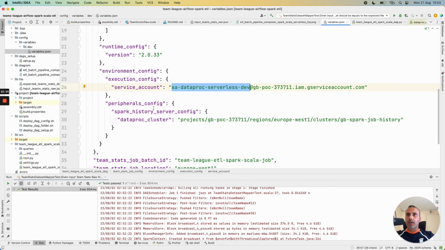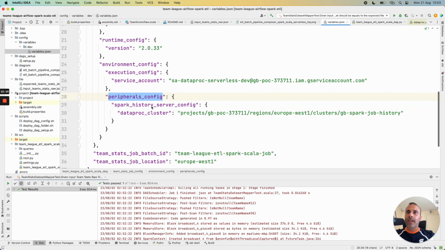Then in this job, for Spark Dataproc and Dataproc serverless, we can use a history server in order to have some monitoring or access to the Spark UI for our Spark jobs, as I explained in the previous video.